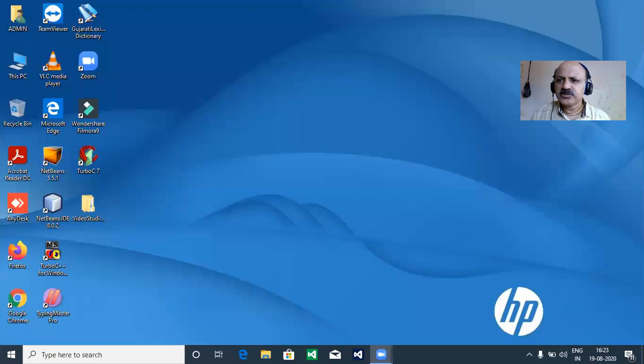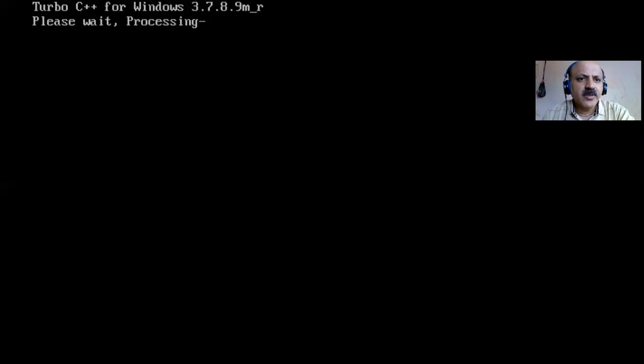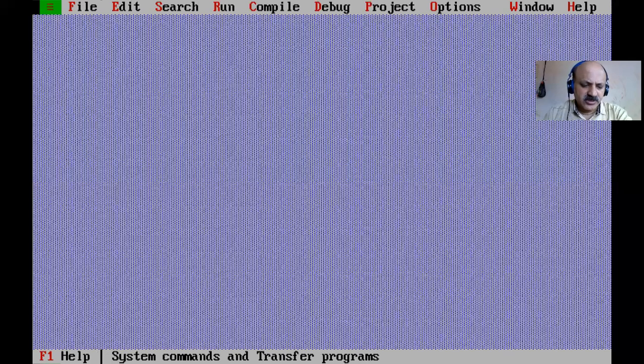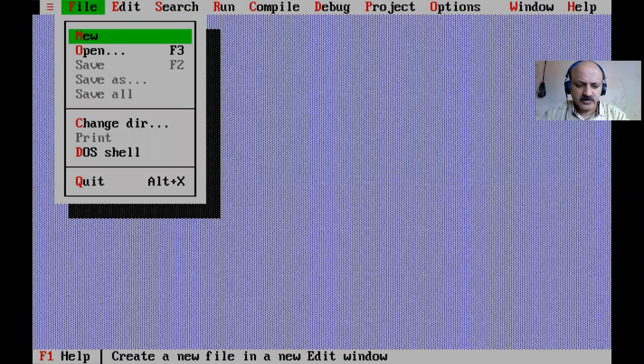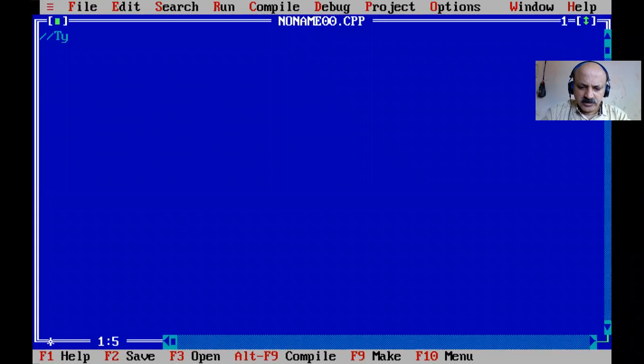In this session we learn typecasting in C++. First I share my laptop screen, and here is the position. Here Turbo C++ is there. I just double click and now take some time, and now it is open. Yes, and Alt+F, the file menu is open, taking a new file, and then the concept is